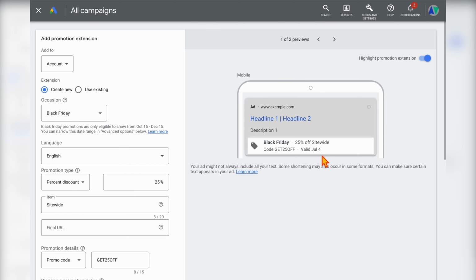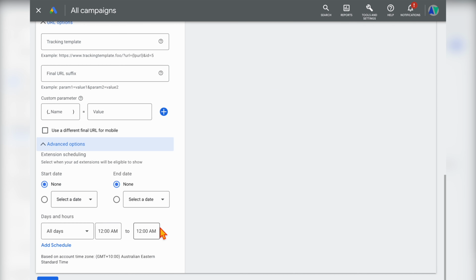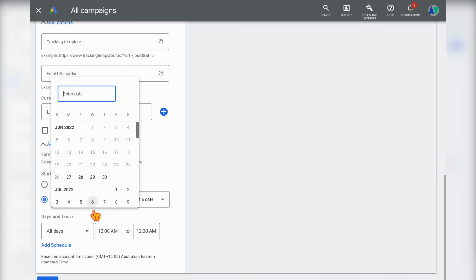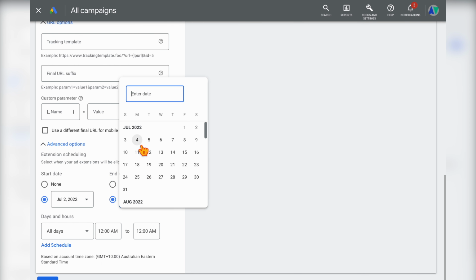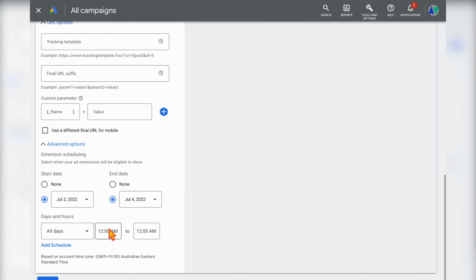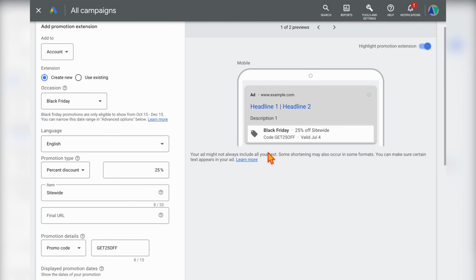So we're already saying that this is valid for the 4th of July, but if we don't want this promotion extension to start showing until the 2nd of July, we can go into here and say the 2nd of July. You can then say that we want it to finish on the 4th of July. And you can also add in the times that you want those to show on the day, but you can see through here that this actually doesn't add in any extra text here. So what we've actually done is we've scheduled this promotion to only show on those dates between the 2nd to